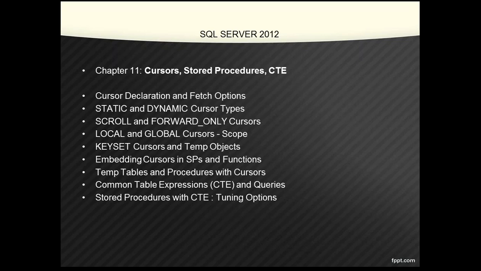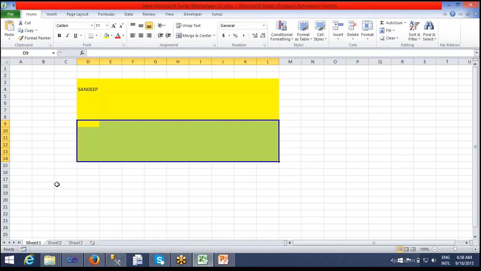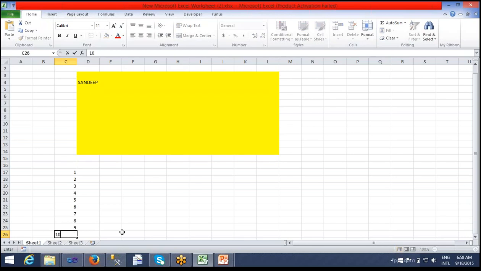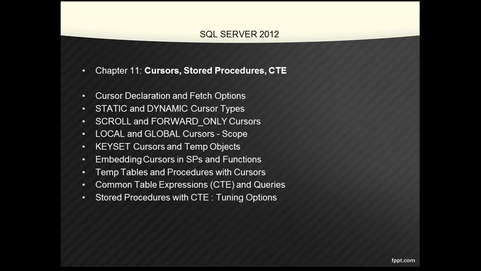And finally, the data is saved. Say 10 rows of data are saved here. We save this data. So how can we fetch the details one by one? In terms of a result set, you want to fetch and see the complete set one by one. This is called cursors. Using cursors, we can do this.